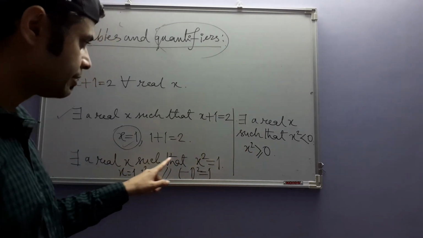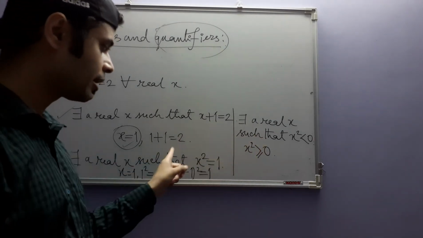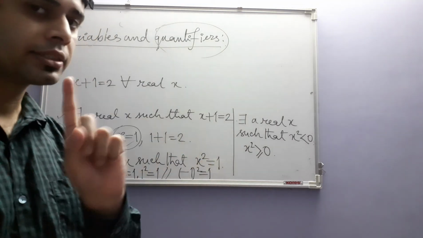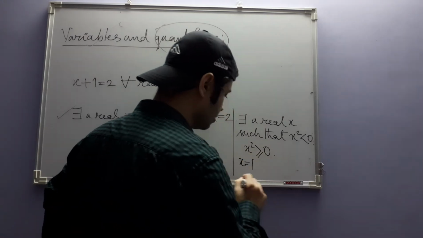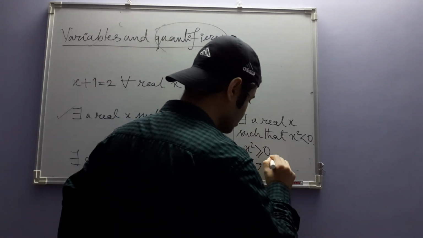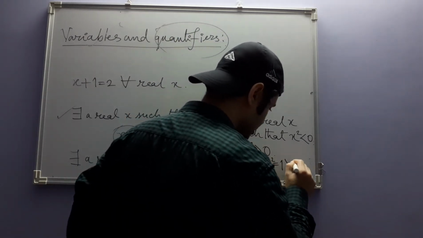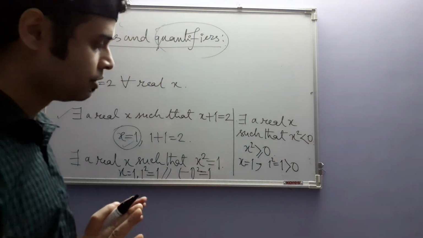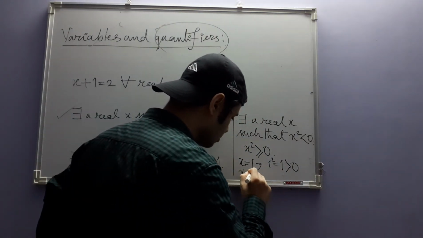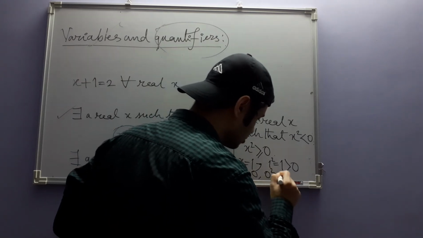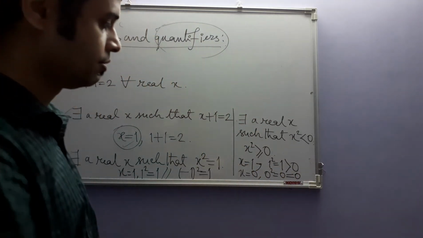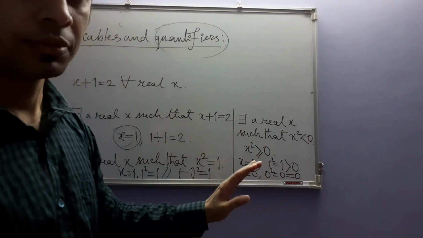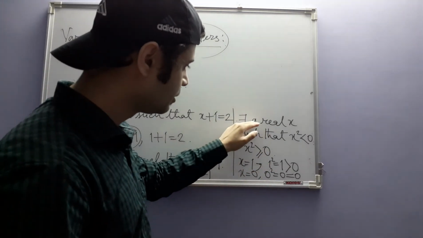So you see that this is not like this situation. Only one example is not enough. If you take x equal to 1 and you say that 1 squared is 1, which is greater than 0, not less than 0. Or if you take x equal to 0, 0 squared is equal to 0, which is also not less than 0. These are not enough. You have to show that for